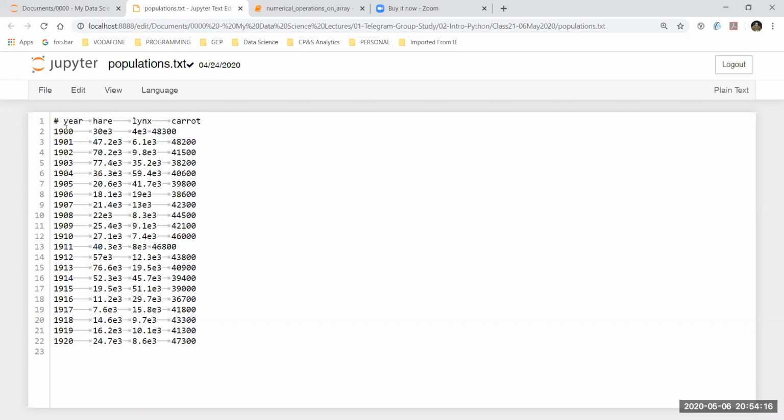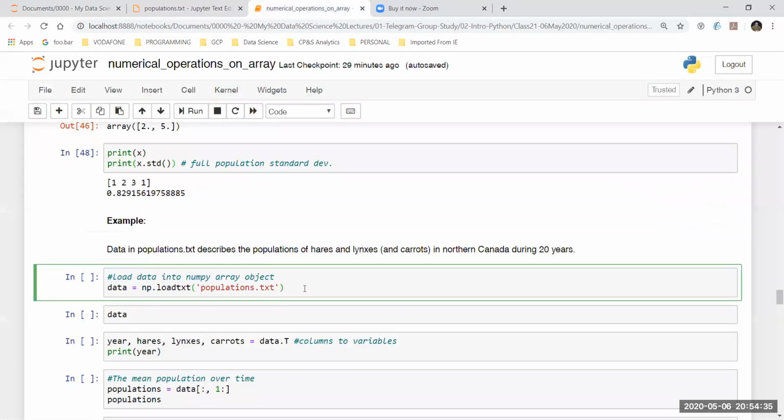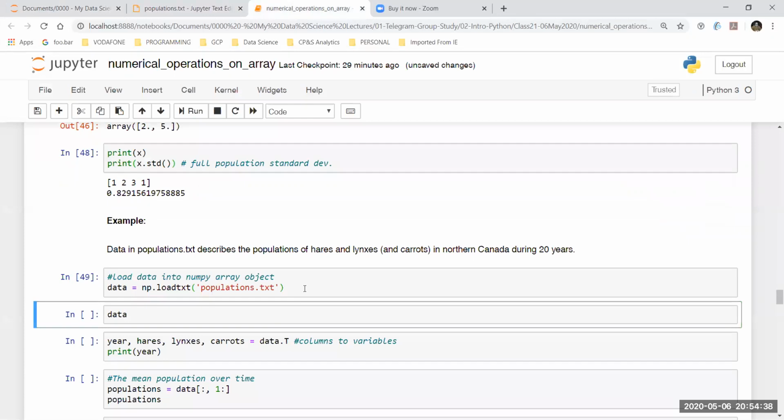So these are the populations, the data for the populations which I have over here. And the fact that I'm using E is that E, or epsilon, is used in case the number is quite small. So if I have data represented in this way, then I can load that data using the np.loadtxt function.